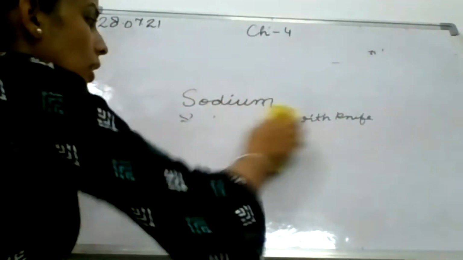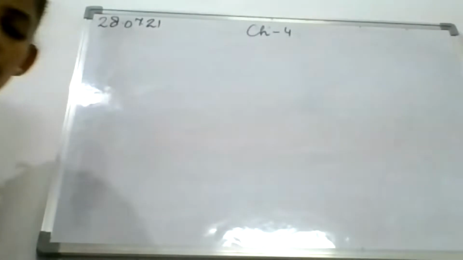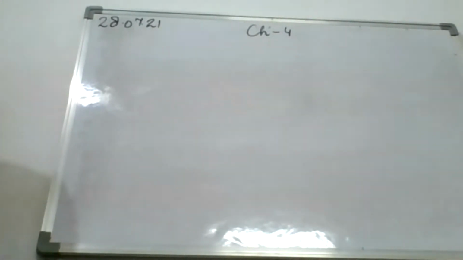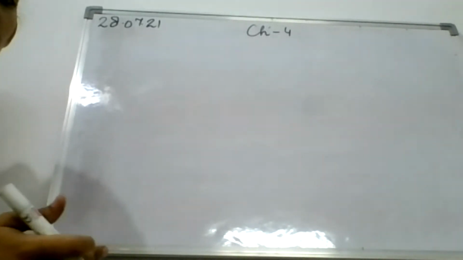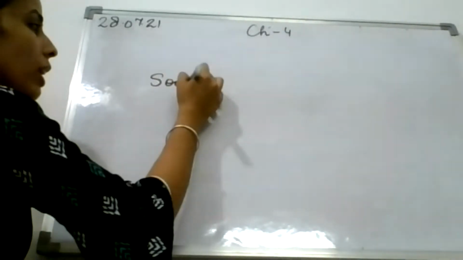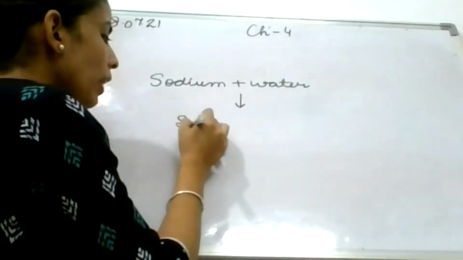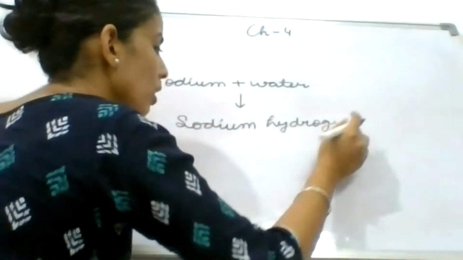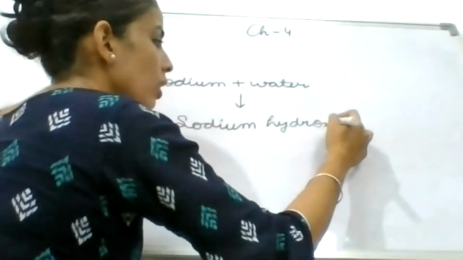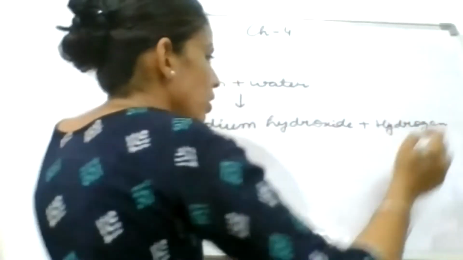Now students, we have observed the activity, and also seen the video, that it is very dangerous. The reaction in which sodium reacts with water can be explosive, a very violent reaction. So what reaction is taking place? Sodium, when it reacts with water, gives sodium hydroxide, and you have also seen that the fumes of hydrogen gas are coming. Sodium hydroxide plus hydrogen gas that is released during the reaction. Clear?